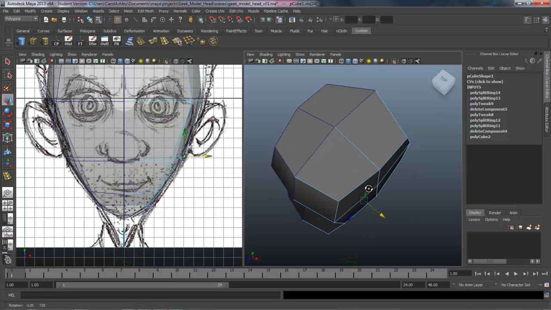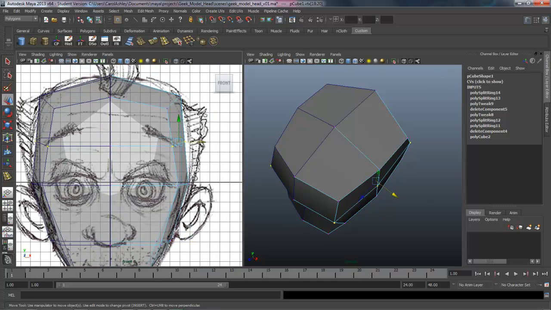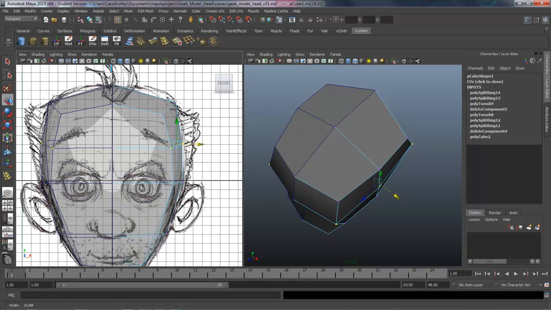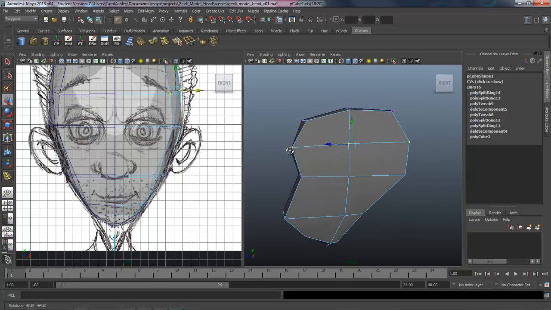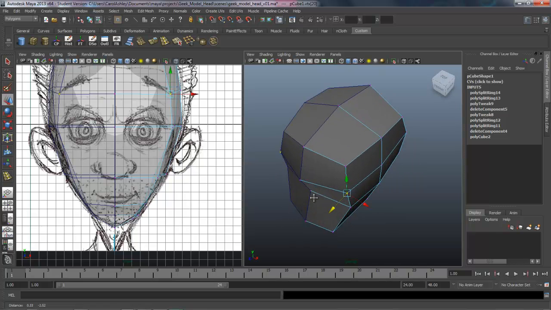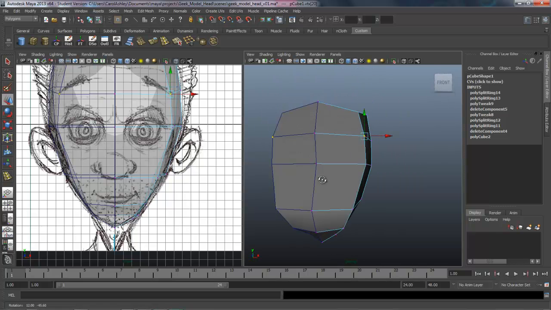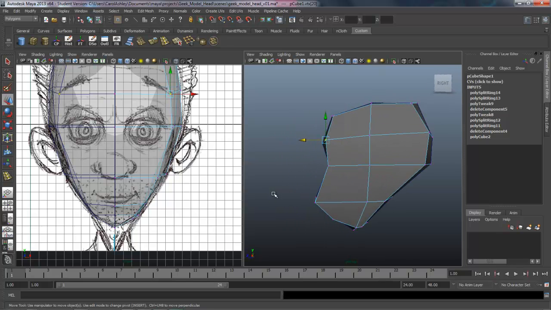And the head is kind of flat right here. We probably don't need to pull it out too much. I think overall it needs to come out just a little bit right there. Okay. But that's kind of following along now with what we want. And this point could probably come back a little bit. The front part of the face, as you can see, is very flat right now, but I don't want to pull things back too far.